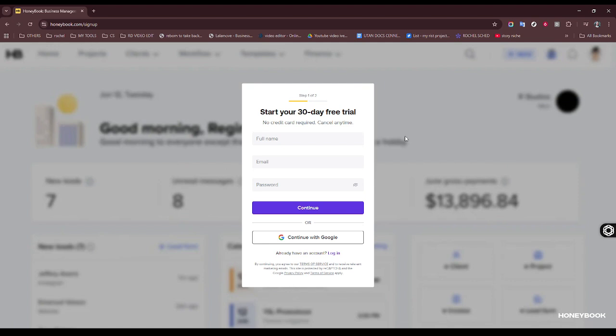This means every piece of information will now flow seamlessly between HoneyBook and QuickBooks Online, allowing you to focus more on running your business and less on data entry. To wrap up, integrating QuickBooks Online with HoneyBook can be a game changer for your business efficiency. By following these straightforward steps, you establish the best savings